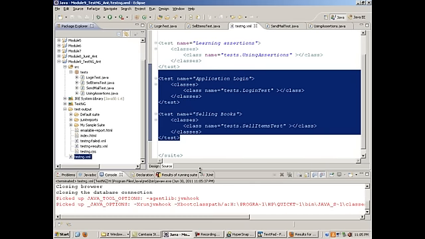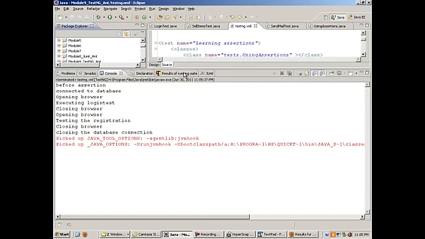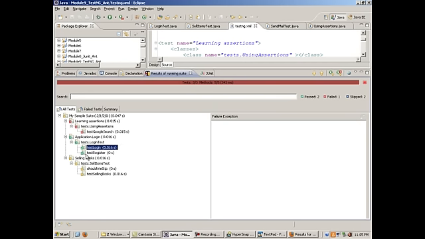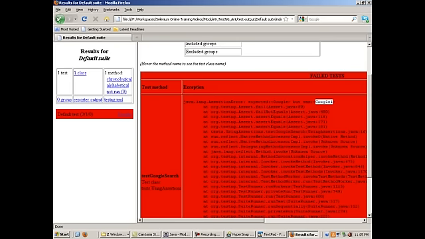When I run it as a TestNG suite, see, yes, they got executed. The first test failed, but after that the second test got executed. Okay, test login, test register, and the third test, selling books, got skipped, right? And if I look at my reports,